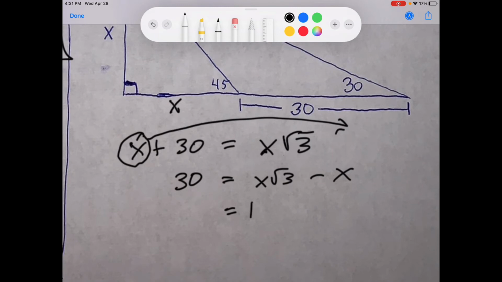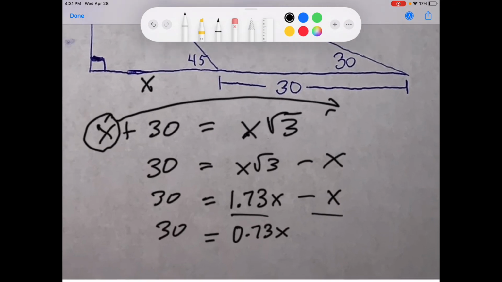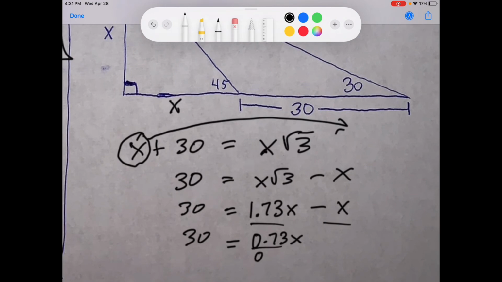So I can just call this 1.73x minus 1x equals 30. Let's combine these like terms: 1.73x minus 1x is 0.73x equals 30. Now let's divide 0.73 to both sides so we get x by itself. We get 30 divided by 0.73,